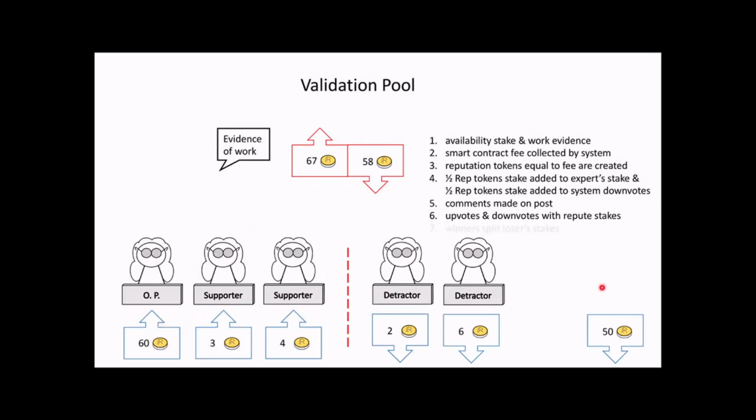But the 50 that went for downvoting is going to be split amongst the people who did the policing and the original poster. The people who do the policing would normally get all that value. And so that 50 right there is really policing money. If your DAO doesn't need that much policing, then you wouldn't actually put this 50 in. You wouldn't share that 50 amongst the people who won. If you need more policing, then you'd maybe mint more than 50 and share more than 50 at each point. So it depends on the situation for your DAO, on the circumstances of the economic environment.